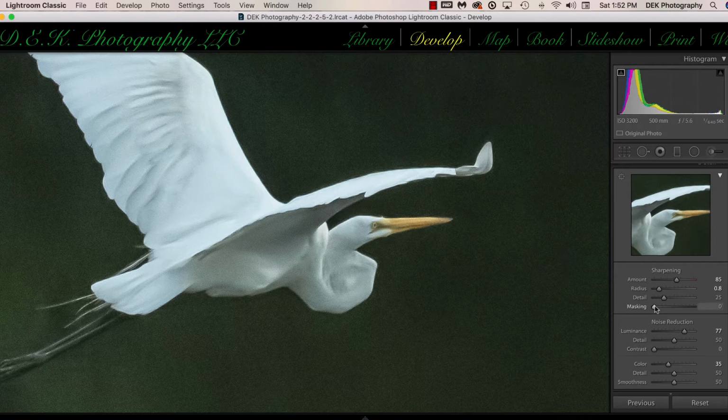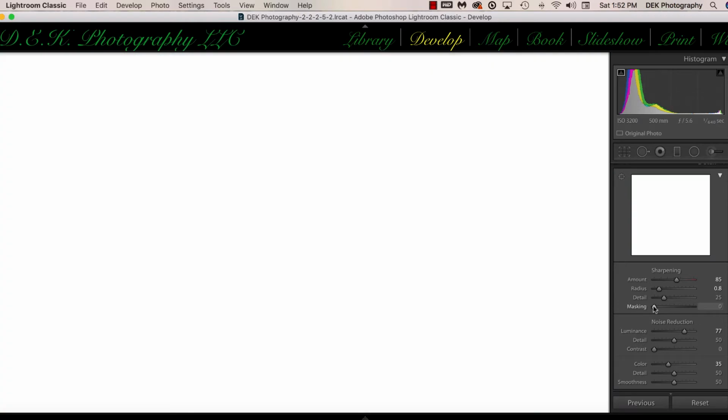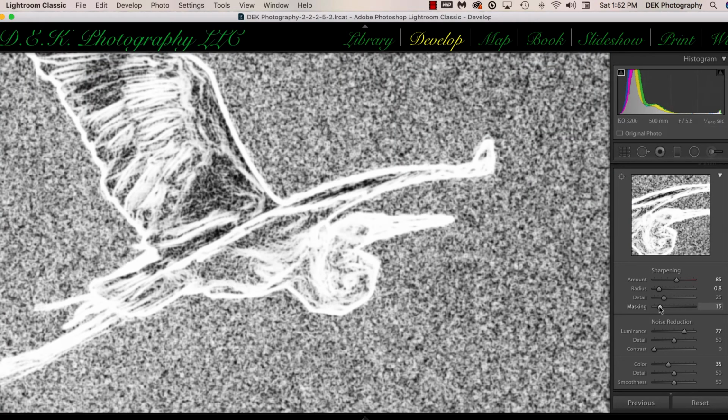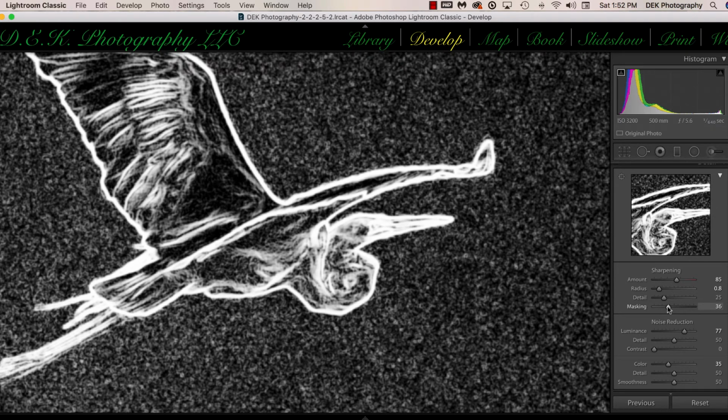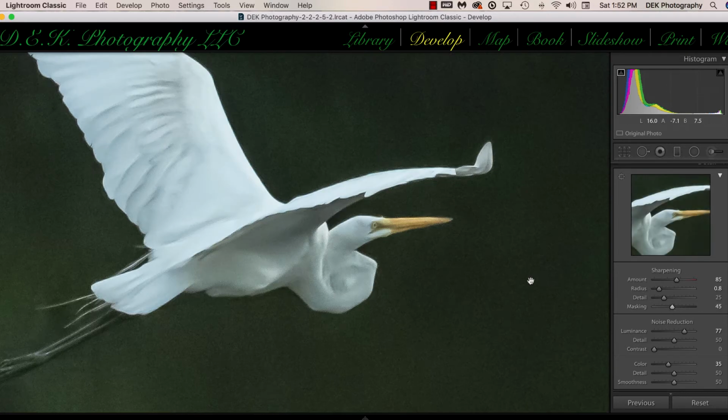It masks the sharpening. And the way to use it is to hold down the Option key on the Mac, the Alt key on the PC, and click on the masking slider. When we do that, the screen turns white. As we slide the masking slider to the right, areas of the image turn black. The areas turning black are the areas where the sharpening is being masked. So when we let go of it, you can see that there is a little bit of sharpening,